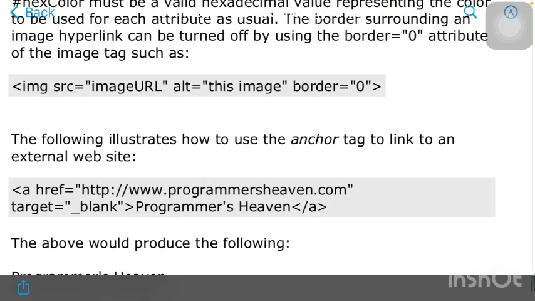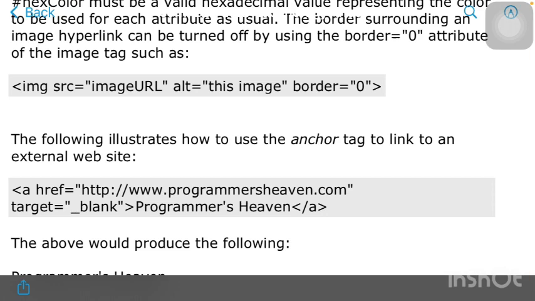It's image tag, and it is like break tag. You don't need to close it. Image tag, img as a tag, but the tag should not